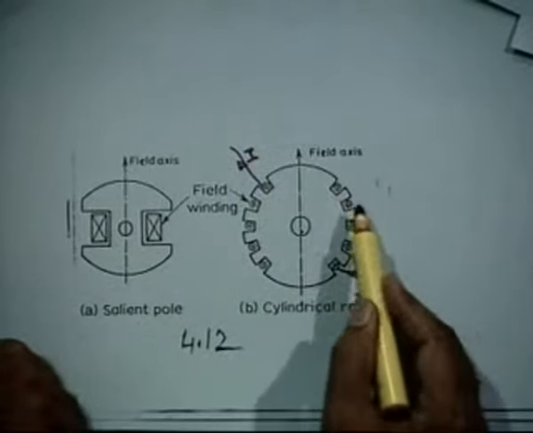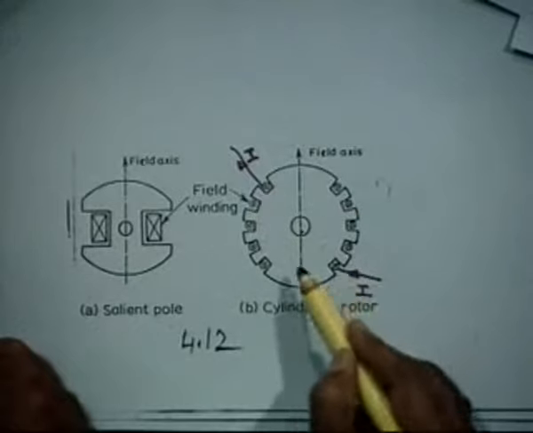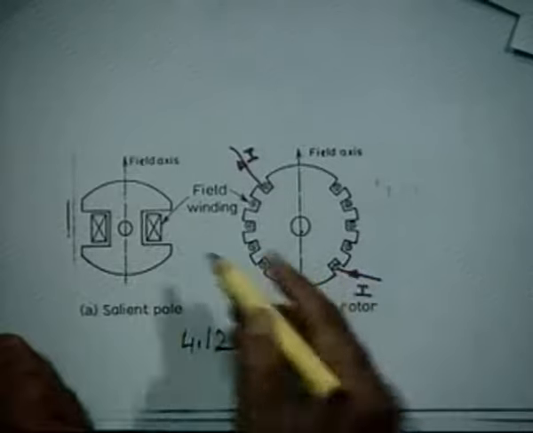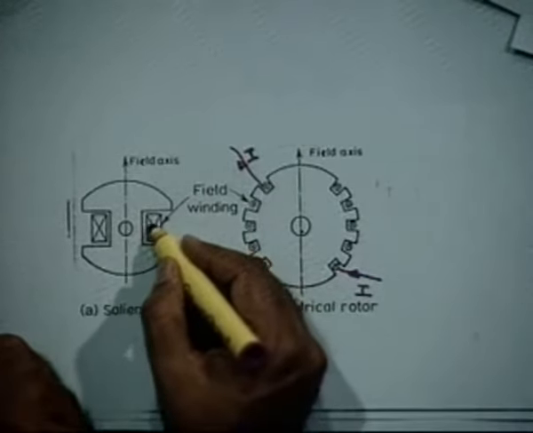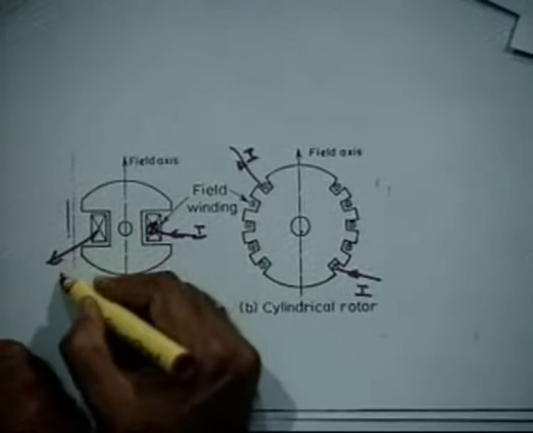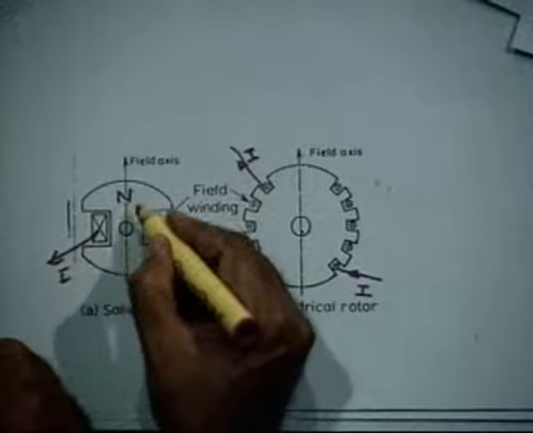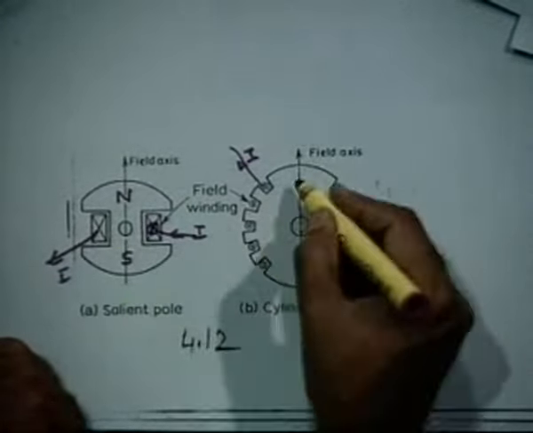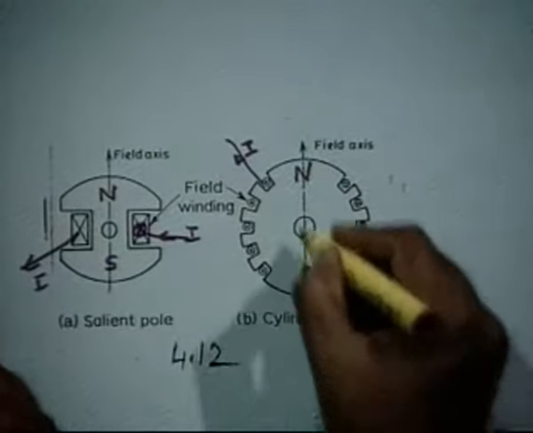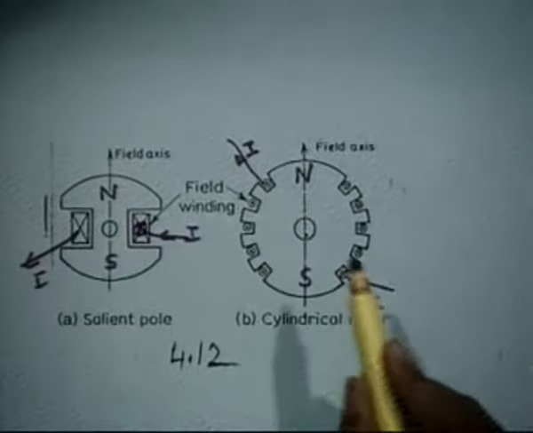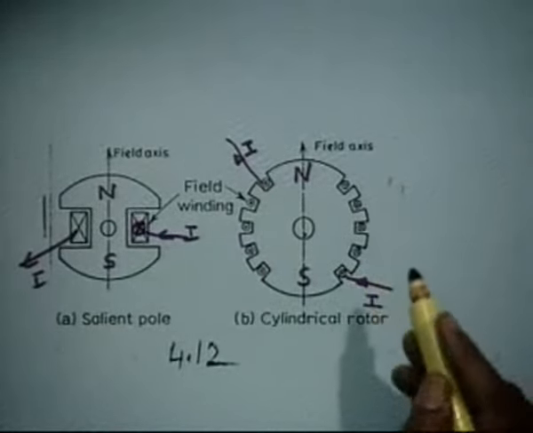You will notice that this is not a uniformly cut rotor, because there should be some portions to produce the poles. If you pass a current through this, current goes in and current comes out, so it will produce a north pole here and a south pole here. Similarly, if you pass a current through like this, it will again produce a north pole here and a south pole here, so flux lines will go out like this. These currents are fed through the slip ring and brush arrangement. That is the rotor.